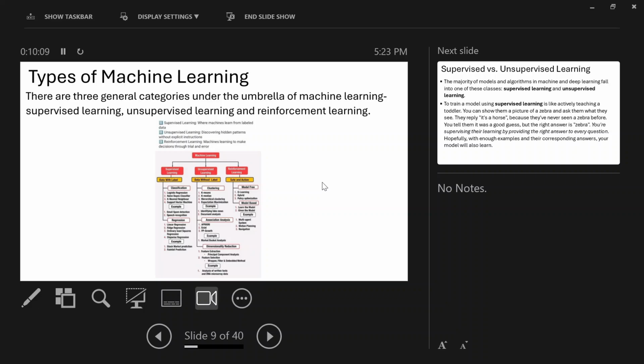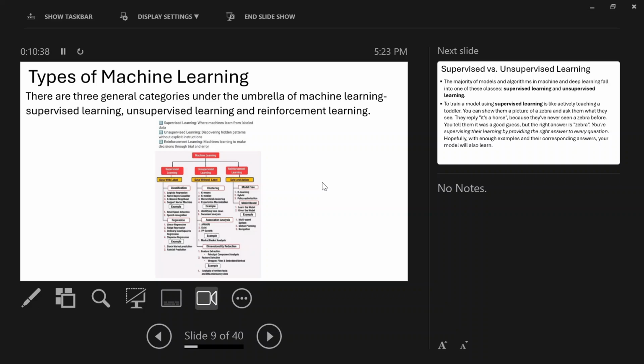Then machine learning is a subset of AI, and it involves using data to make predictions. That's machine learning. You want to make future predictions based on information on data. And deep learning is like using complex neural networks in order to make that prediction.